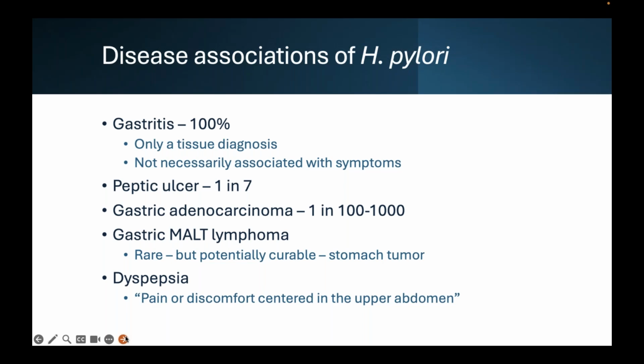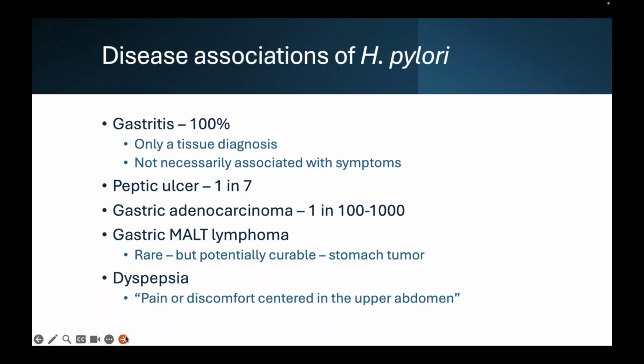Much rarer than adenocarcinoma is this MALT lymphoma, MALT standing for mucosal associated lymphoid tissue lymphoma. This is a malignant proliferation of the lymphocytes which are recruited to the stomach wall during H. pylori infection. This is rare, but remarkably, this lymphoma can melt away if H. pylori is eradicated successfully. And of patients with MALT lymphoma treated to eradicate their H. pylori, the vast majority will have no recurrent disease, and we have follow-up studies now going on for 20 or 30 years to show that that is the case.